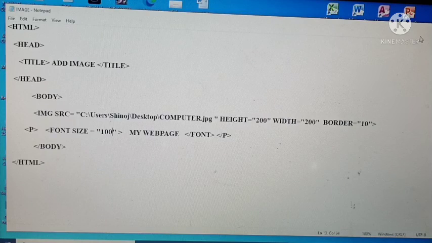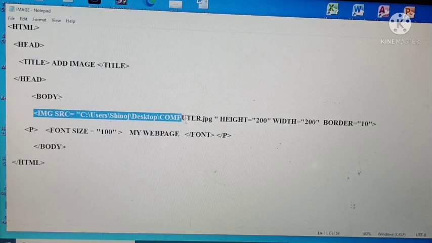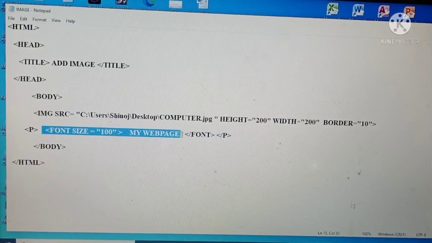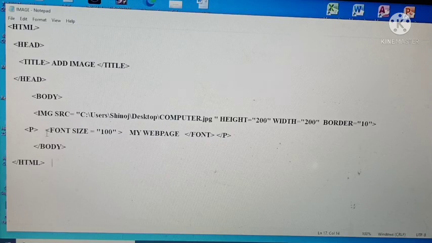Today it's enough. Everybody should study nicely. Write and study the syntax. Okay, how to give border to the image, then how to change the font size. You write and study, because each angular bracket and its double quotes, then opening and closing of angular brackets, everything is a must. Everything is important. So everybody should write and study the syntax.